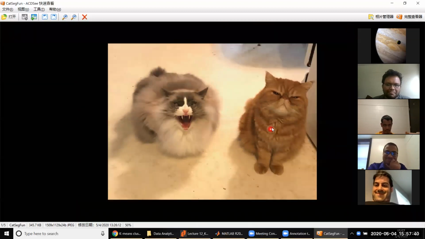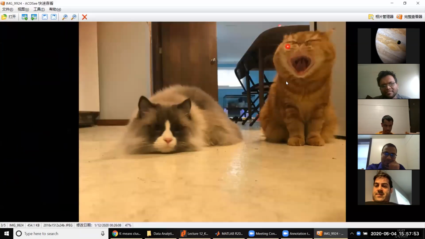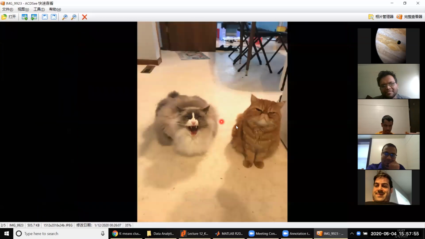Use this picture. I'm going to show you because I played it in MATLAB just now, and I realized that a small k actually gives you very good results. I have two pictures. One picture is this baby is angry. The second picture is this one is yawning. So it is something like this. And then I'm going to do the k-means clustering by MATLAB, do image segmentation, and you're going to see some very interesting